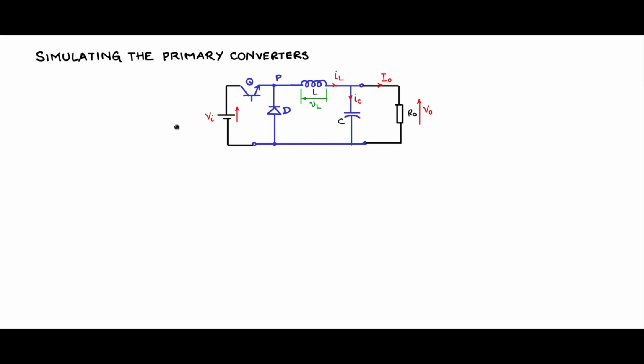Let us now see how we will simulate the primary converters. I will supply, in the resource portion of the course website, the simulation files for the buck, the boost and the buck boost converters. Here we have discussed everything about the primary converters except how to give the information signal, the gate pulse signal, to the controlled switch.